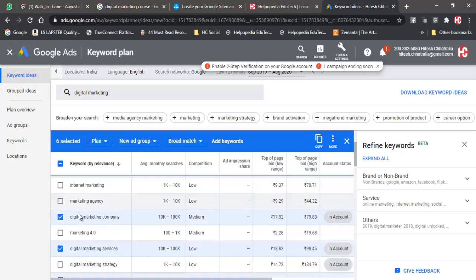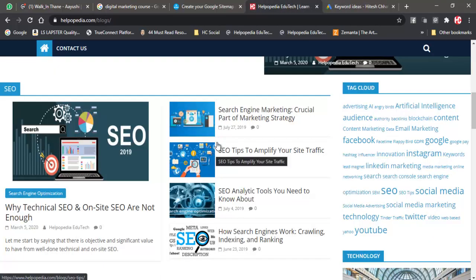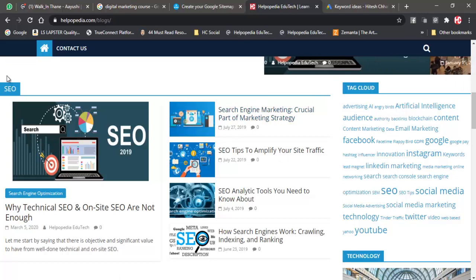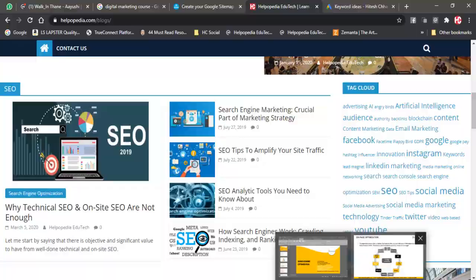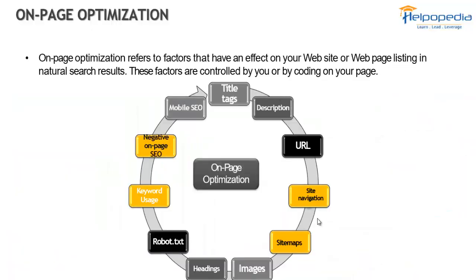Now we know that all our keywords are at 1 lakh and above. So now my content has a very good chance to come up in search engines, because I have used all these keywords throughout my content. Then my web page will come up in the search engine. That is what we meant by this. We have to use all these things again and again, because tomorrow if somebody else does better optimization, then their website will come up at the top position and not ours.